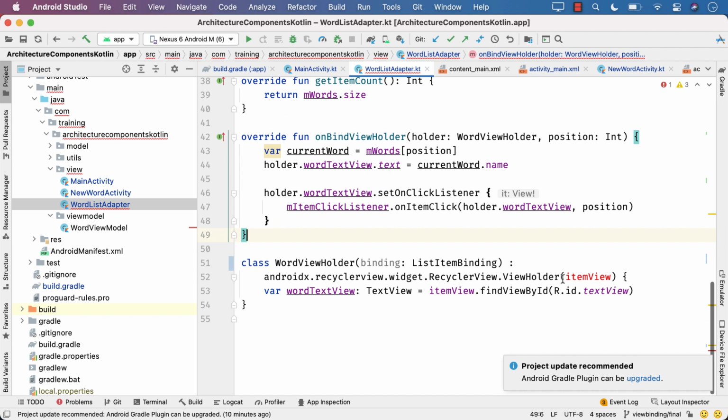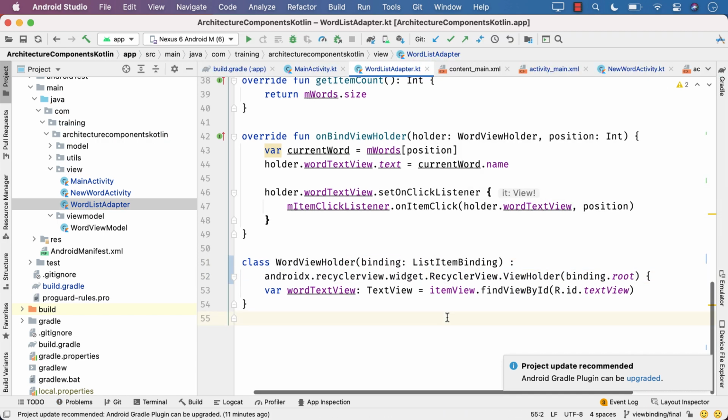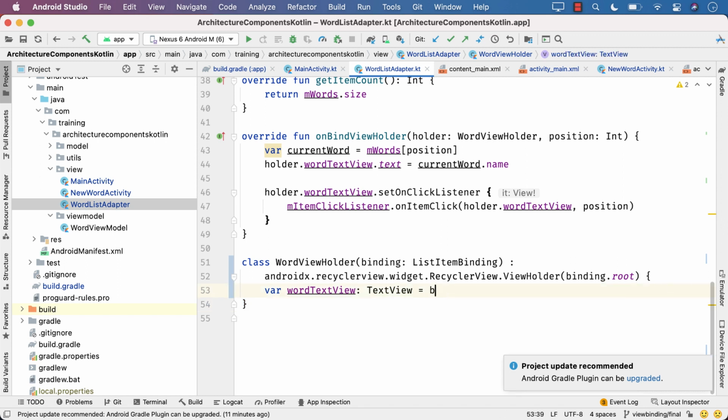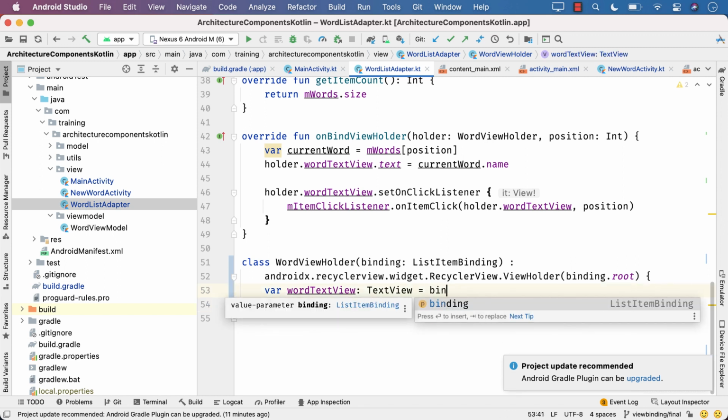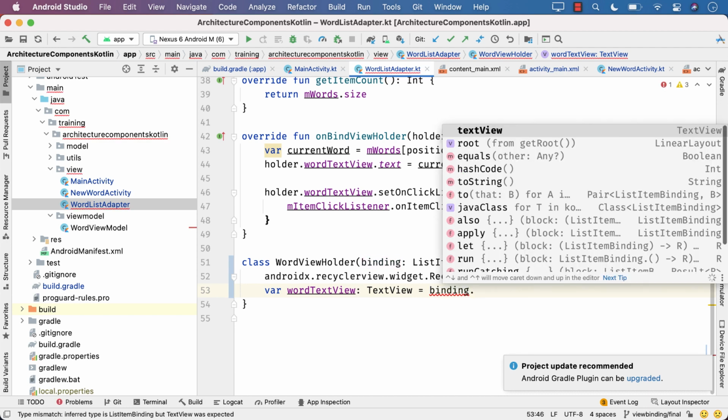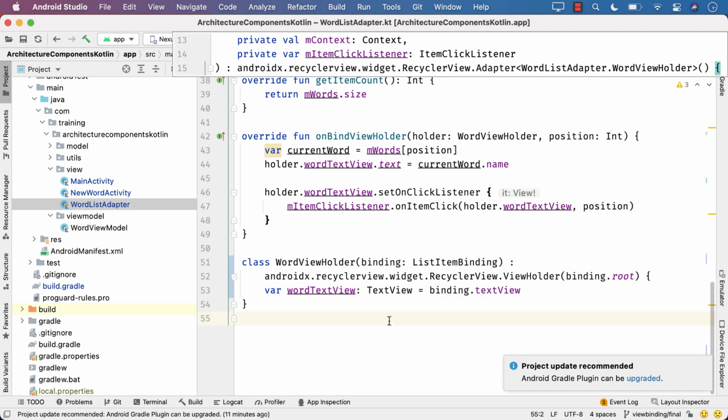The recycler view holder needs a view, so we pass it binding dot root. And this item view now will be replaced. Item view dot find view by id text view will be replaced with binding dot text view. That's it.